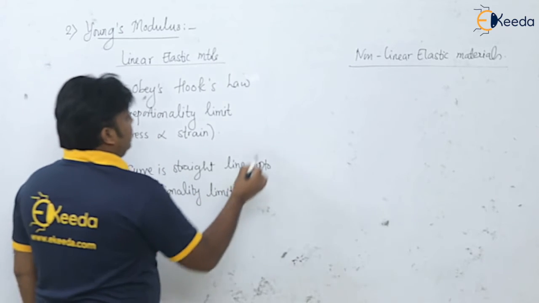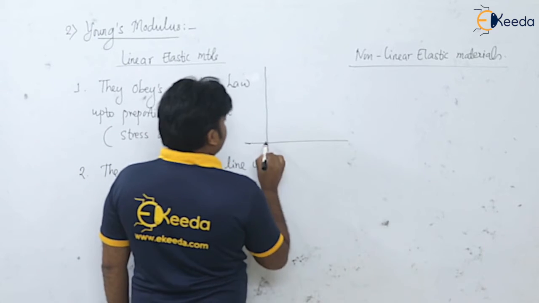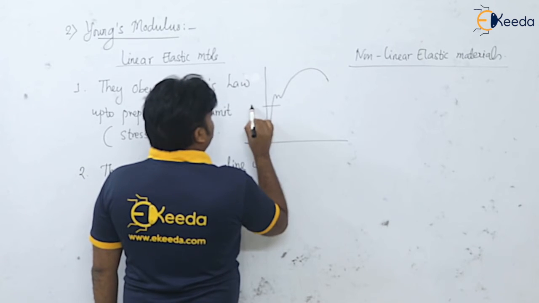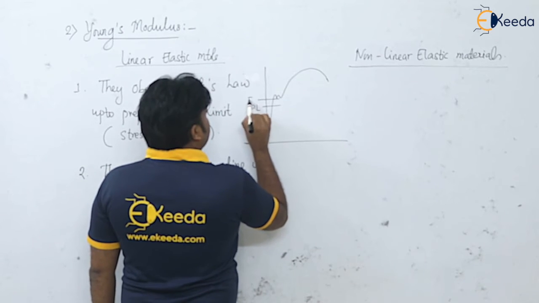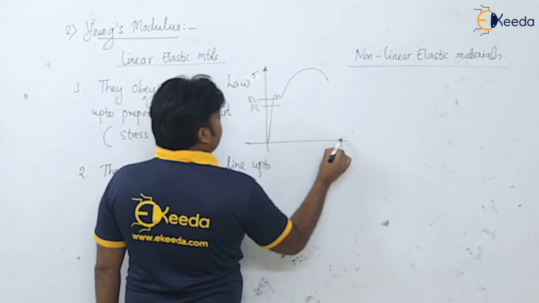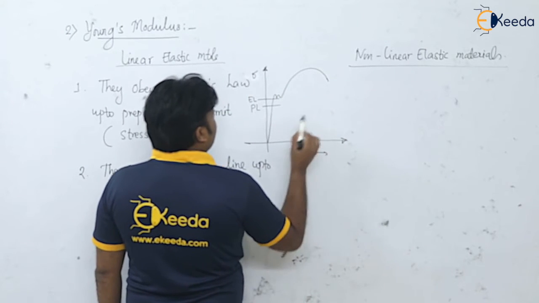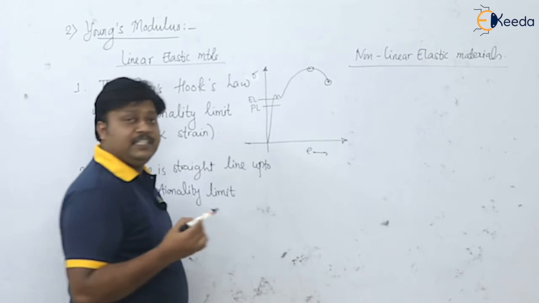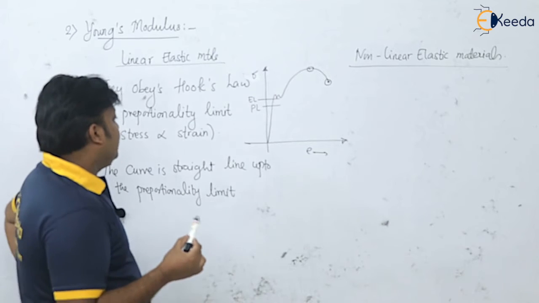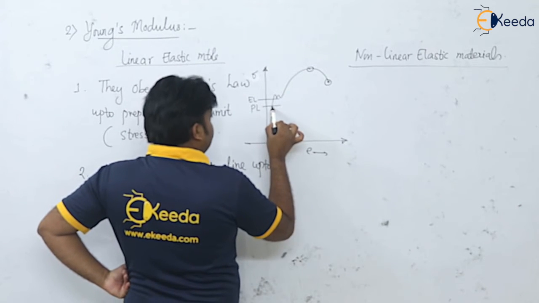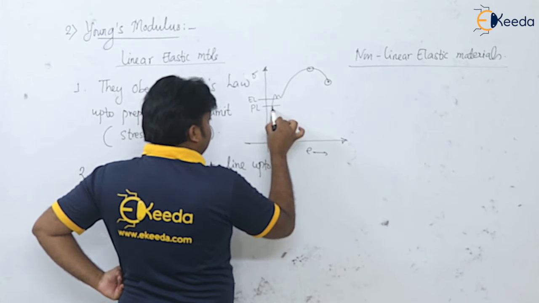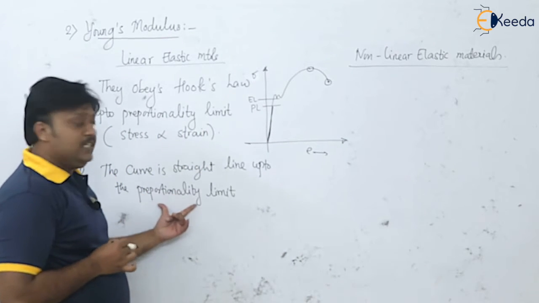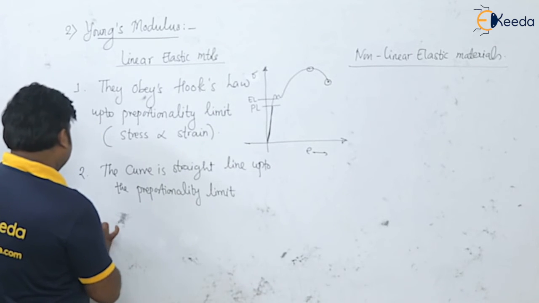So if you have this stress strain curve here, you know it very well. If this is the proportionality limit, then this is the elastic limit. Of course, this is the stress versus strain graph or curve, and here is the fracture point, and this is the maximum stress in the stress strain curve, that is the ultimate strength, isn't it? So up to this proportionality limit, you can see the curve is a straight line, it is linear, isn't it? So here the curve is a straight line up to the proportionality limit, and we get here the modulus